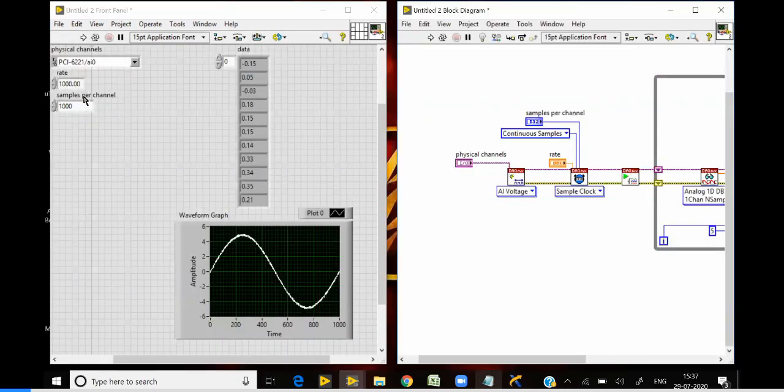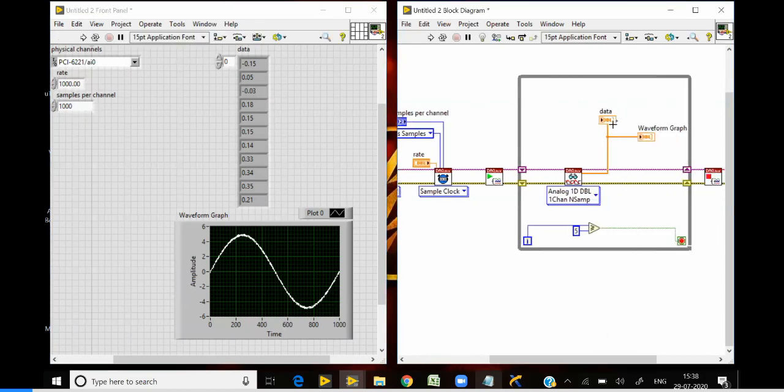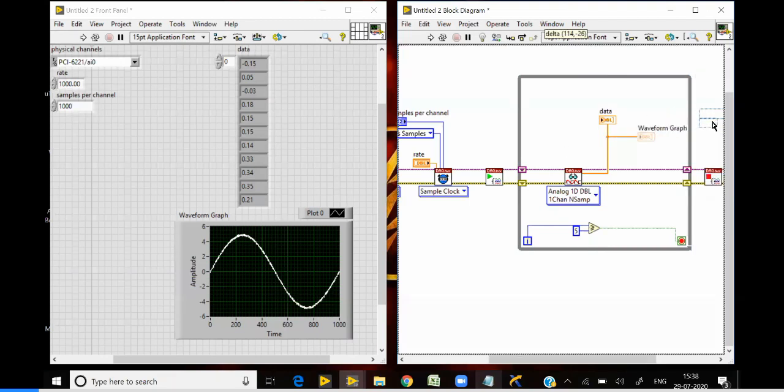5. So if I'm making it greater than or equal to 5, now the sample rate is 100, number of samples is 1000. So every iteration of this loop will take 1 second. So the program will take 5 seconds in total to collect all the data. When the i value is greater than or equal to 5, initially it will be 0, 1, 2, 3, 4, 5. So this program will run 6 times. Okay, so I'll just show you by the output.